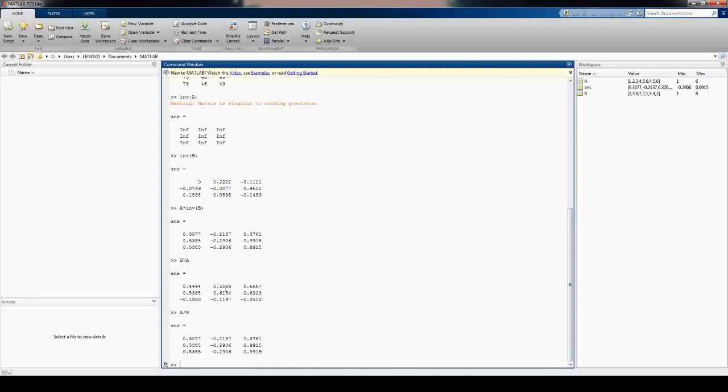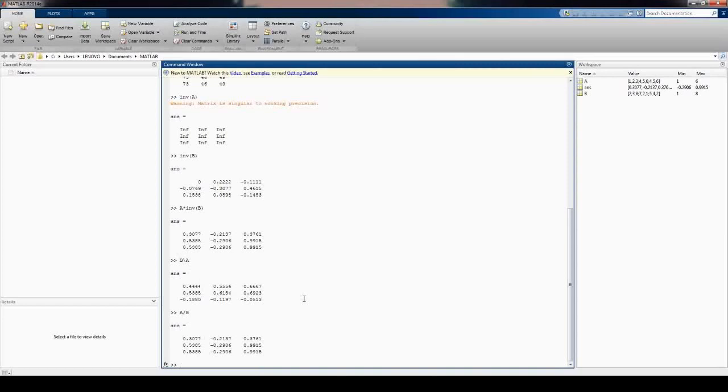In the backslash, the denominator matrix must be placed first, and after the backslash you have to place the numerator. So what will happen? Inverse of B is calculated. The order is inverse of B multiplied by A. Here the order is A multiplied by inverse of B. So you have to be careful about your order requirement. Based on that you can go for either B backslash A or A slash B.